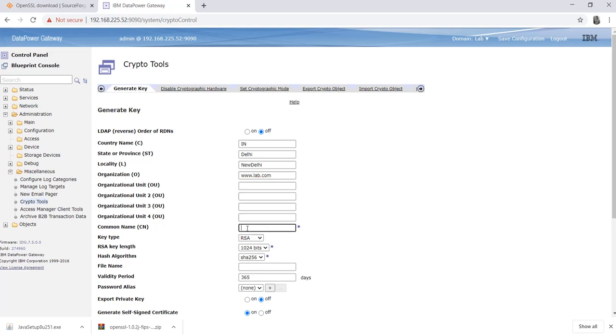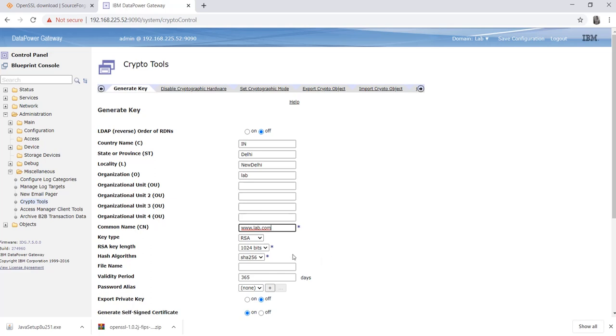As per your manager, your team or your business, you should mention the common name very carefully, because it does matter in a real environment. When anyone sees the certificate, they will recognize you by your common name. So be very specific while mentioning these fields. Here, for example, I'm just keeping any name. For organization we kept lab. Here we are keeping the common name www. You can keep anything, but in a real environment, be specific.